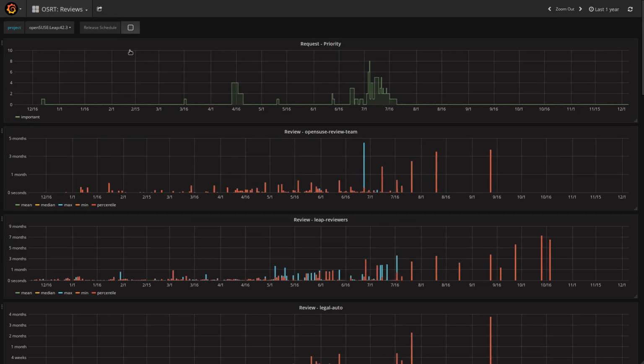This release schedule, you can check that. That will annotate these graphs with the release schedule for the project that you're on. So for example, we can see when we integrated the SLE stuff. If we go back, I think this is less interesting on this page, but if we go back to staging,